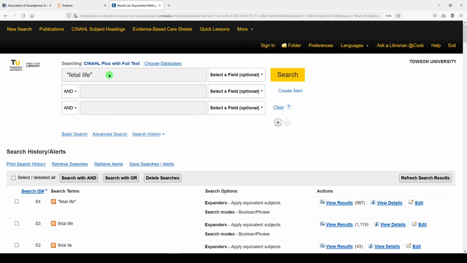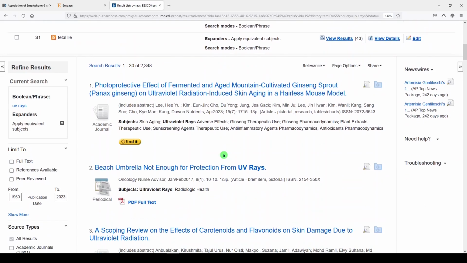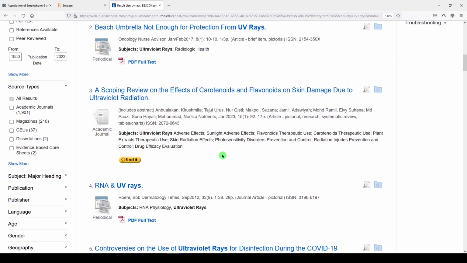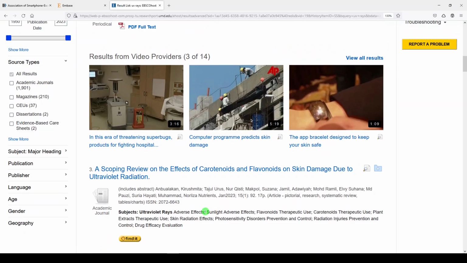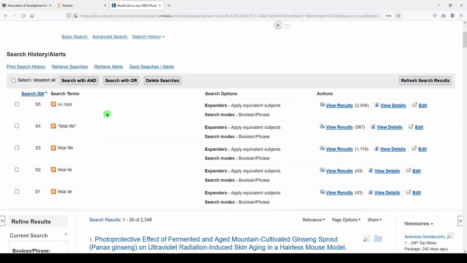I'll show you one more. We'll do UV rays. No quotes, no field tags. We get 2,348 results, and we're getting some literature about UV rays. It's also mapping to ultraviolet rays. It may be mapping to UV radiation. We don't know.